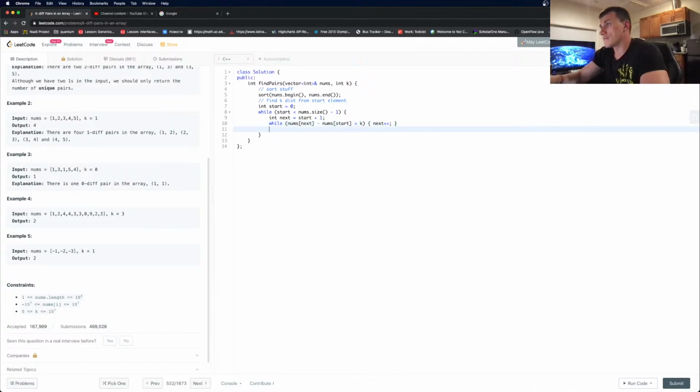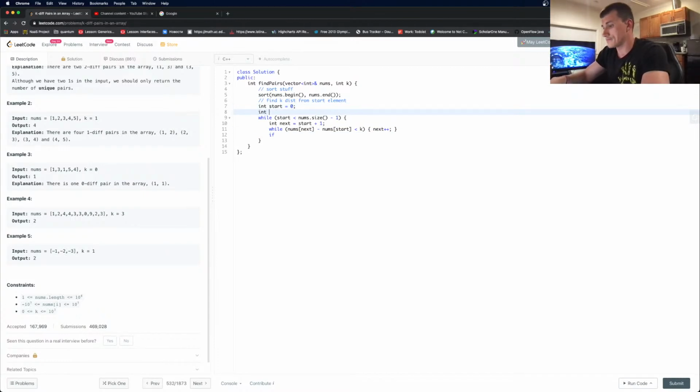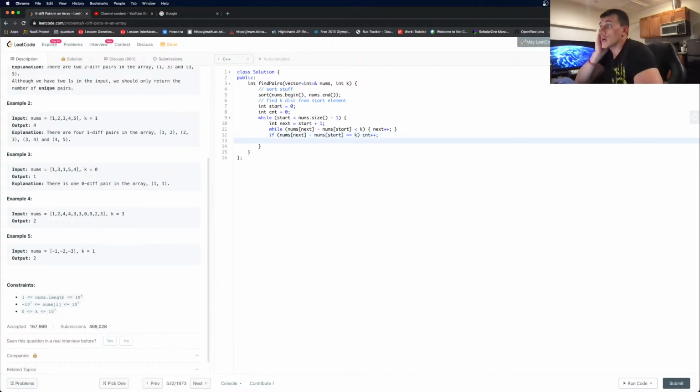So then if it here equals k, cnt plus plus, right? Once we have this and that, all we need to do, so we don't touch the next one, right? Because obviously the second element